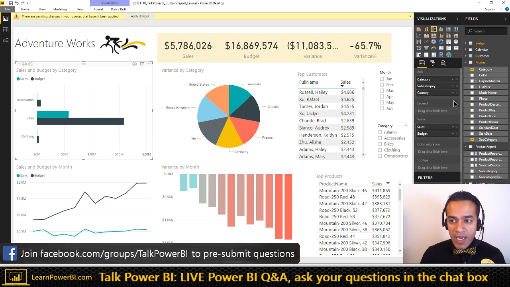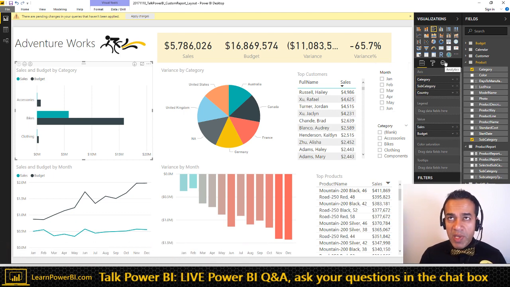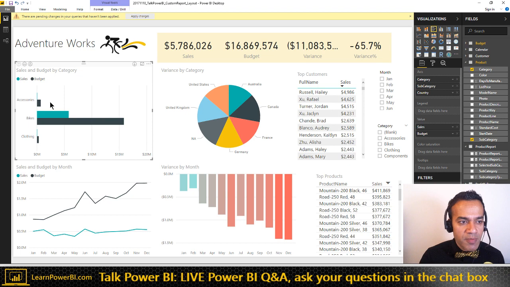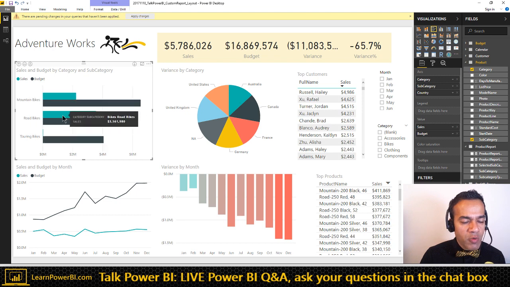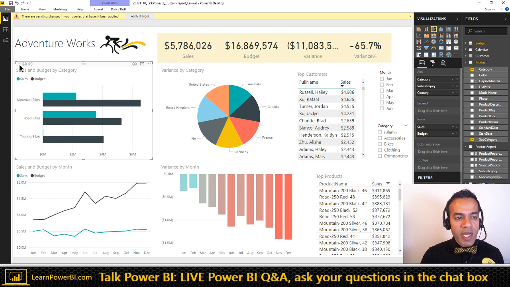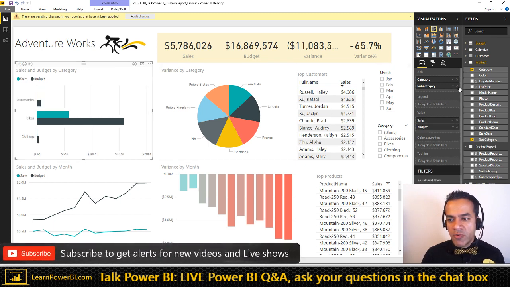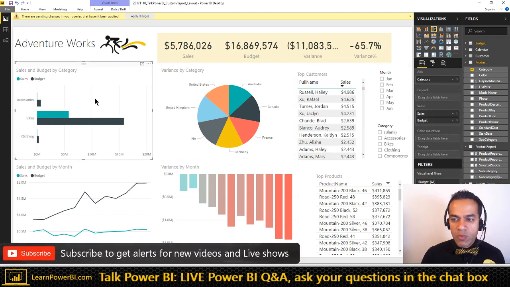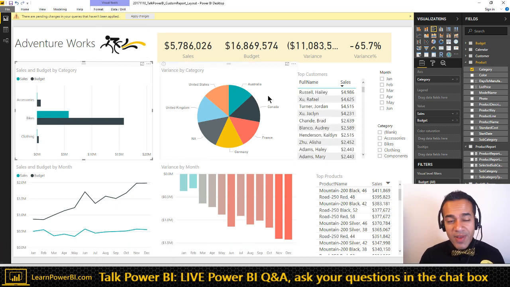And that still works. And this is slightly confusing for beginners. Okay, it was confusing for me when I started. Like, I dragged something here and nothing changed in the graph, or it seemed like nothing changed. Now, of course, something did change, but it's in the drill down. So here now, if I go to bikes and drill down, and I go to road bikes and drill down, now I'm at country level. But if you do not want that drill down, just remove these guys here, and then there wouldn't be any drill down. So if you want to kind of keep it for yourself but not have others see it,